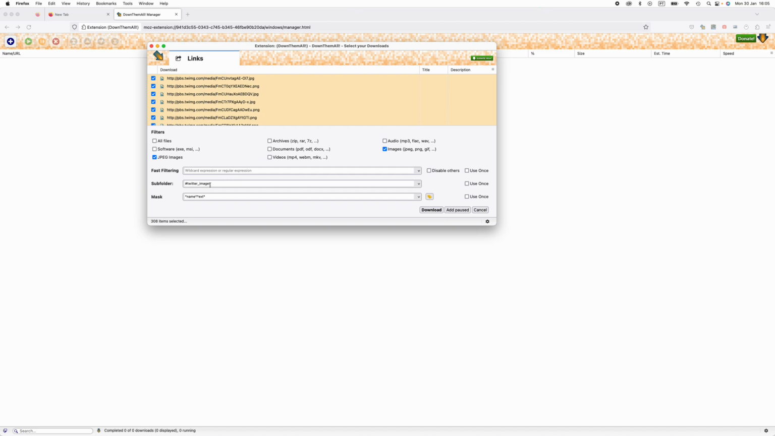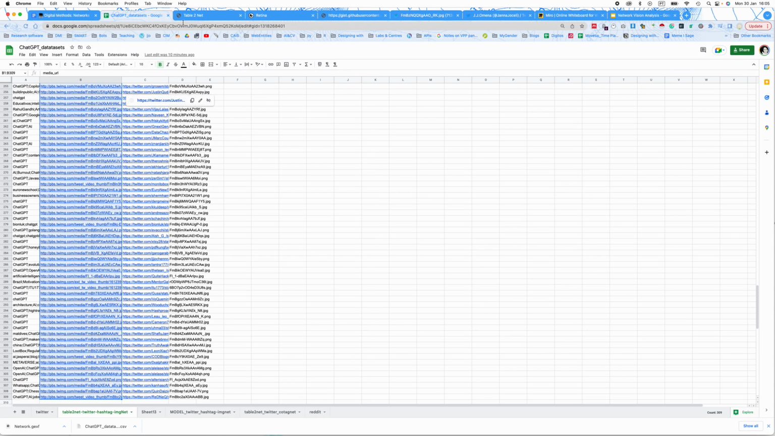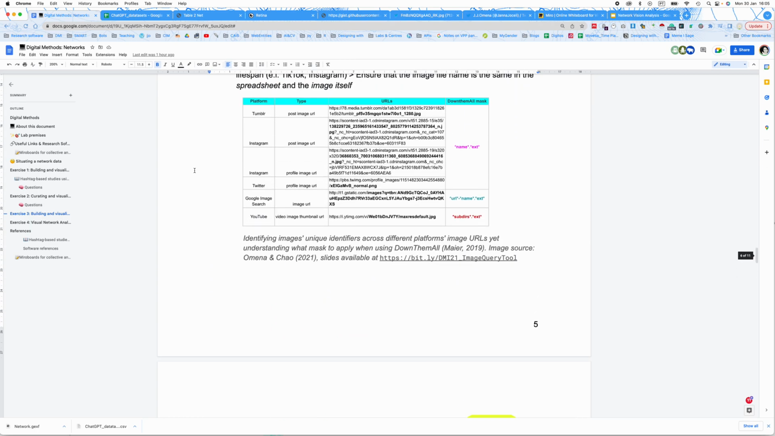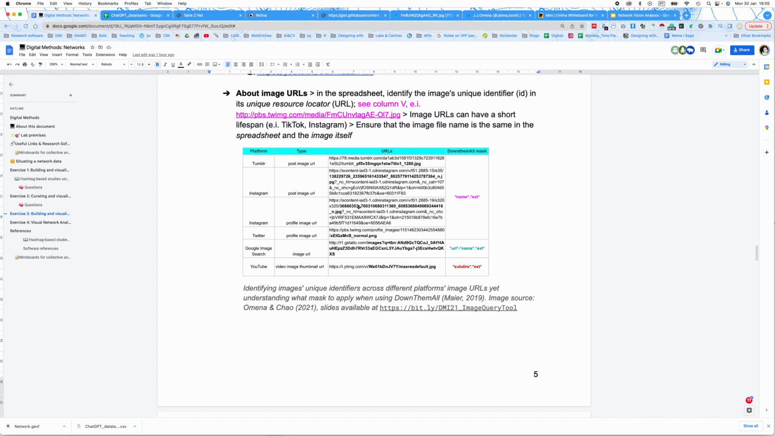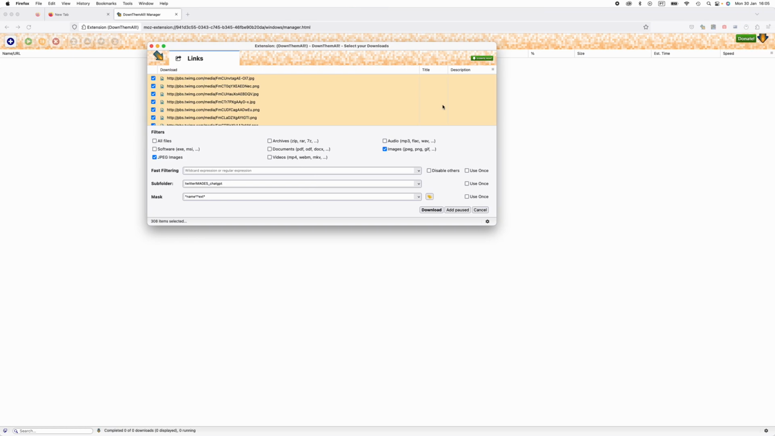This tool is going to create a folder for you automatically, so you can call this folder something like Twitter images, and maybe ChatGPT, so you know what it's about. And also remember that when you use different image URLs, you can choose different masks, right? With Dump Them All, the mask that we use here is name and extension. And then we just click